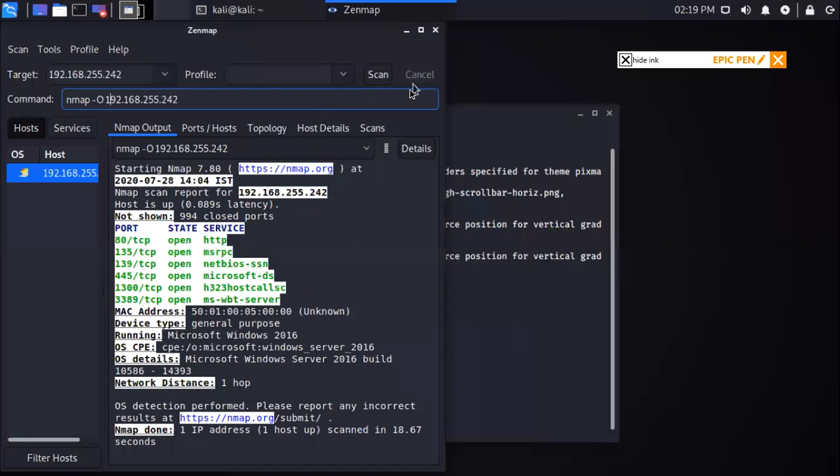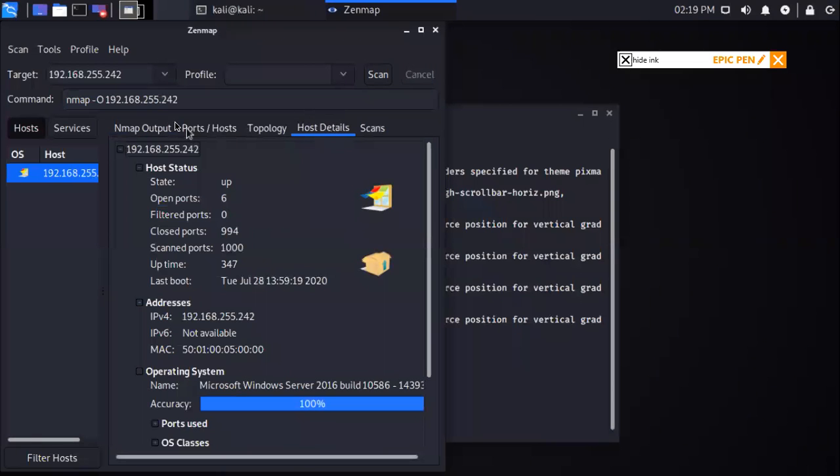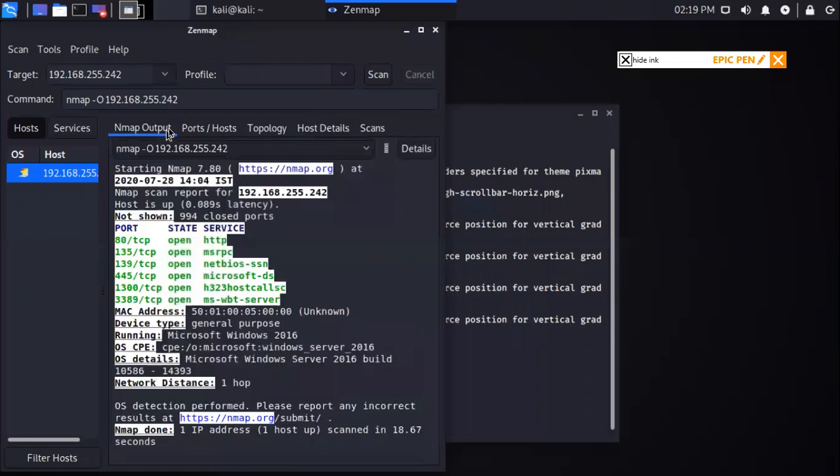So we are in a Kali box, and as you can see, I have opened Zenmap, which is a GUI version of Nmap. You can perform this in the CLI also with the same command. I like Zenmap because it's a little bit GUI, and as you can see, I scanned one of our IPs, which is the Windows Server.